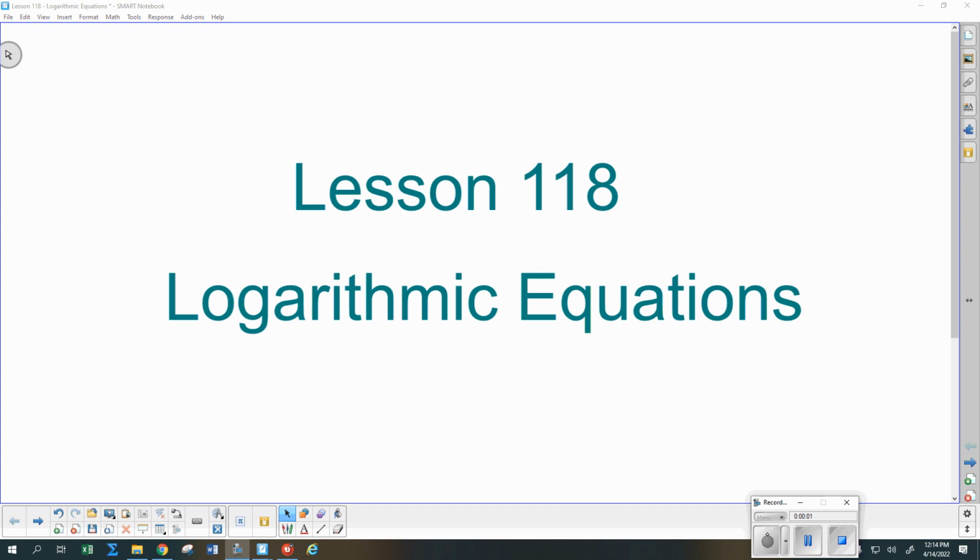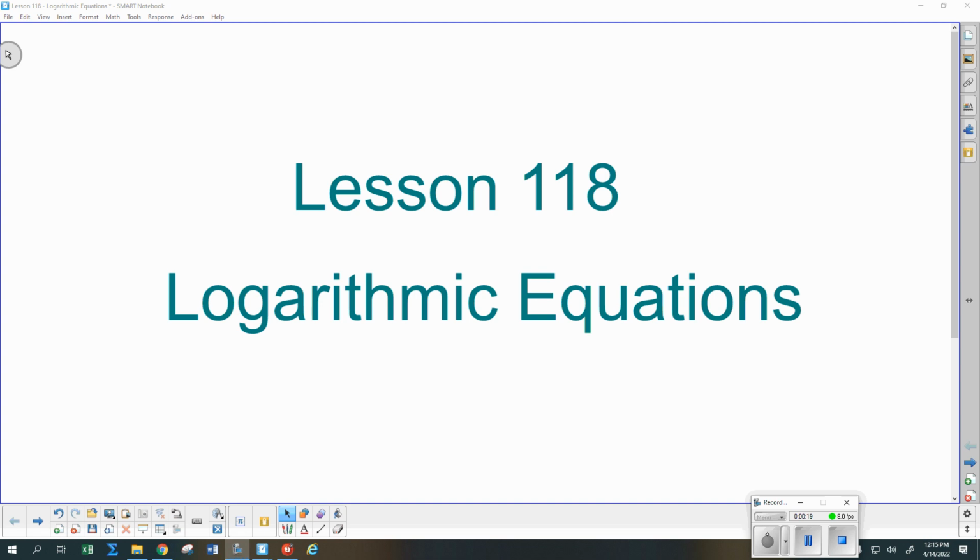Today we do talk more about logs. We've done some extremely simple log equations so far. Today we're going to get ones that are a little bit more complicated. Instead of just having one log in there and converting it to exponential form or something, we're going to talk,